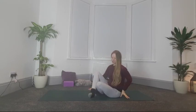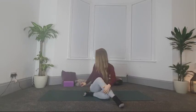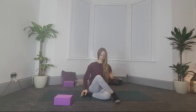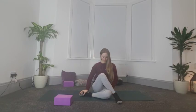Now we're going to stretch out our arms as well as our legs, but this is completely optional. This is called cow face pose, Gomukhasana, arms and legs. And this is quite intense. I find this a pretty intense pose. So if you're a complete beginner, what I recommend, instead of going into the full expression of the pose, is to perhaps sit up on a blanket or a towel or a block or something like that,